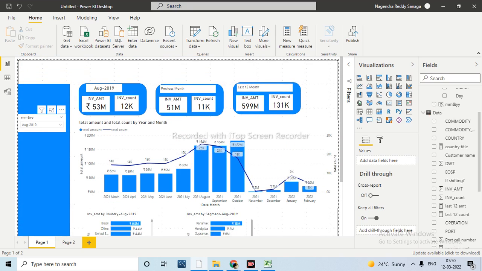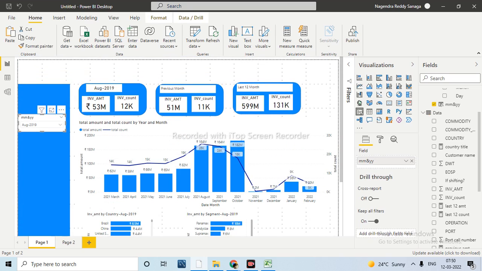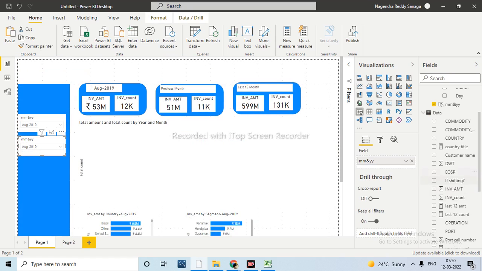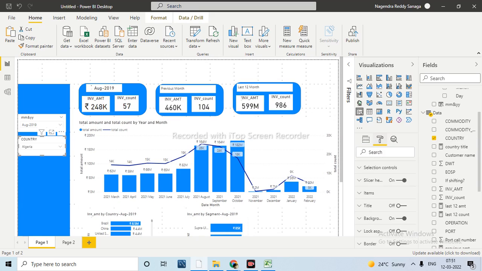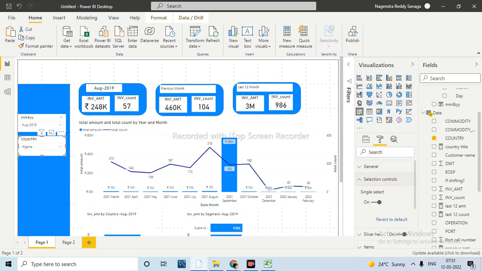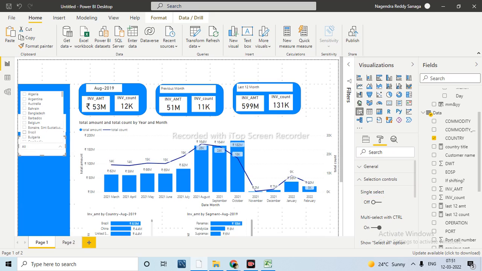Now let me make a few more filters here. Here I am taking a country filter. Now this is single selection because we have duplicated that. Let me delete that one, selection controls, we will turn on multiple. Now with this interaction, whatever country we have selected, that information and everything will change.